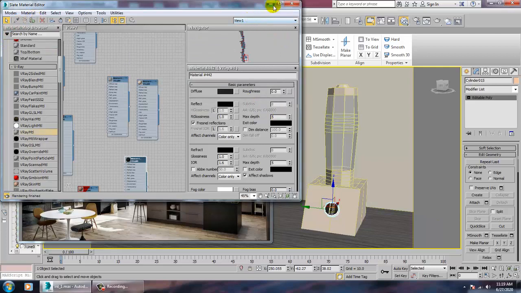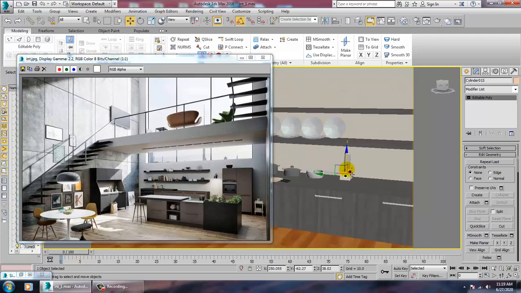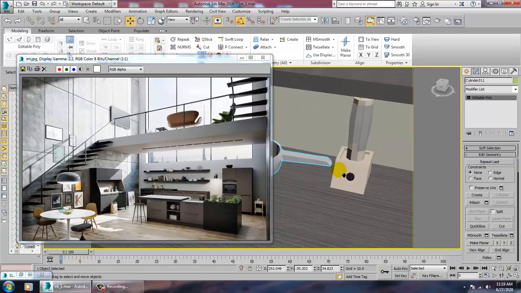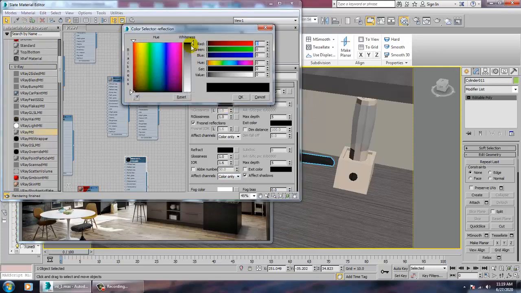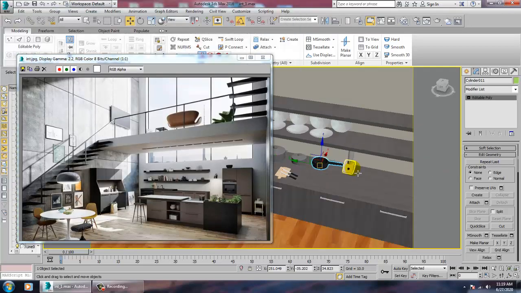It's a black texture or shader, we can say. So once this is done, for this also we require to give a black color over here. And if you need a bit of reflection, you can just give a bit of reflection on top of it.